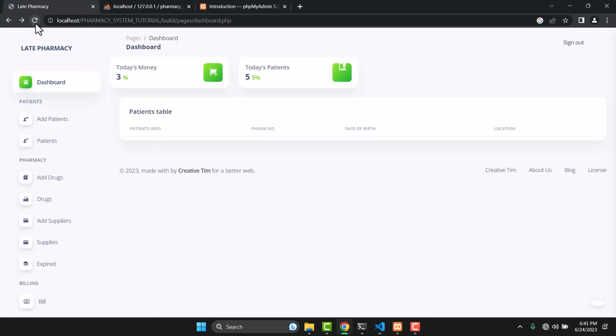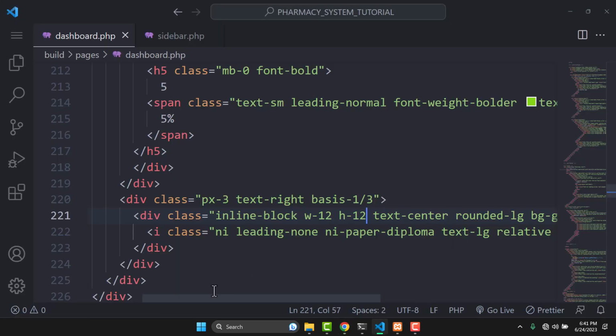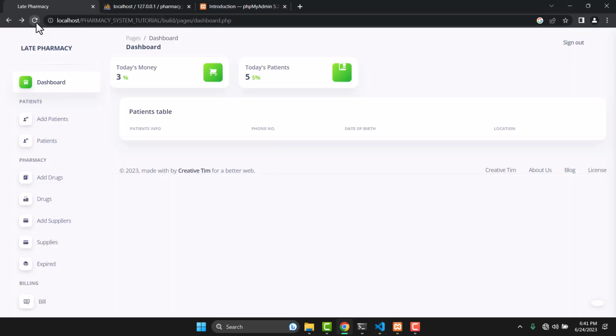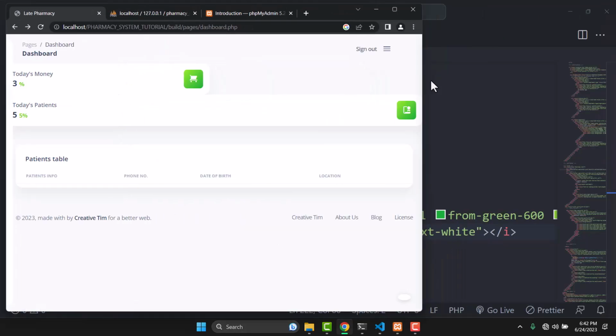There you go. So we have fixed the background, but this one is still hanging somewhere on top there. So let's see what we need to do. Oh yeah, this one should be top. And there you go. Yeah, so if we try to minimize that,